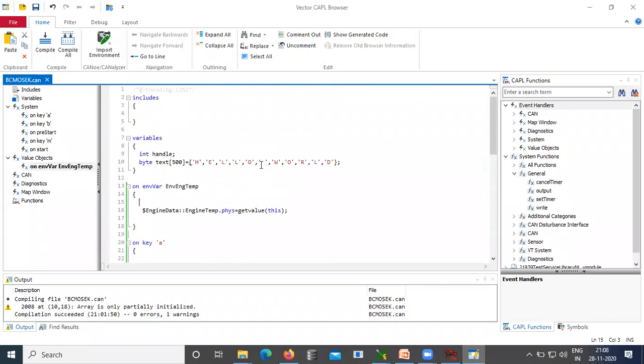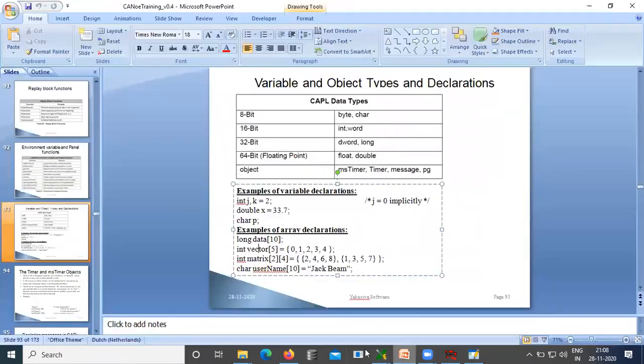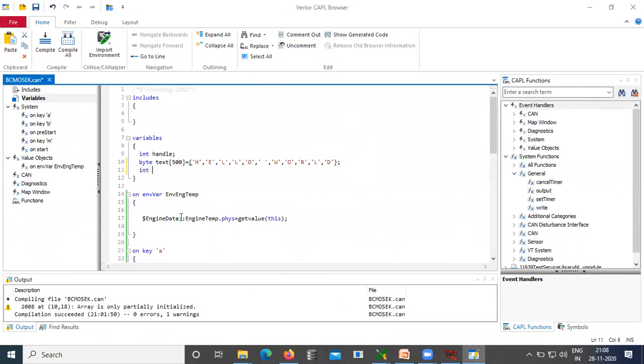All the variables used in any CAPL program should be declared within the variables block. Each such section is called a block. In this block only we have to declare all our variables. What is the syntax? int j, then comma k equal to 2.